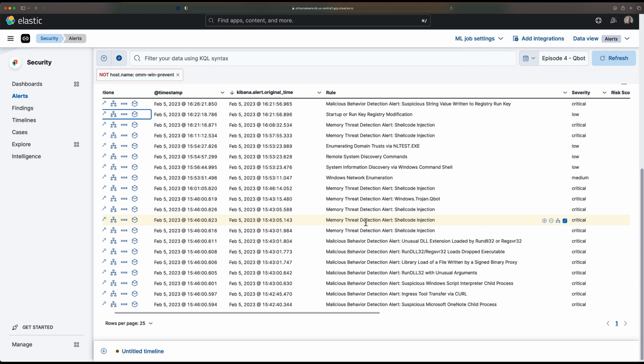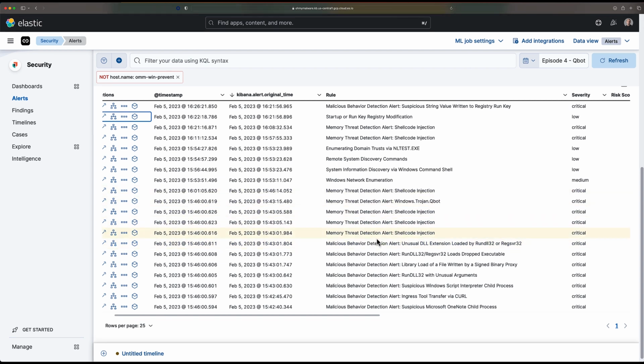So we had a lot of behaviors from the endpoint. If none of these protections were on, so if you did have everything in detection only mode, hopefully you might have had memory thread detections on, which would have stopped it there. If you didn't, then unfortunately, like we saw here, it would have been able to run. You would have been able to identify that things are going on with the SIEM rules and the other rules. But if we had to compare now to the prevention host,